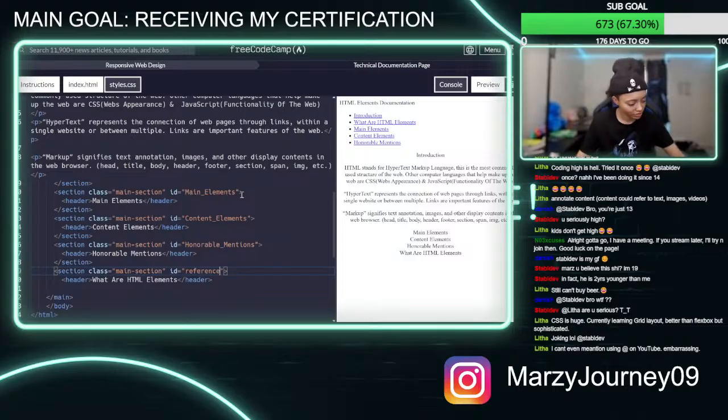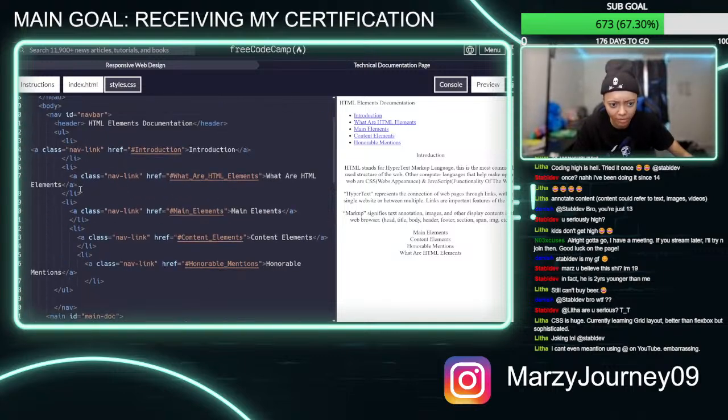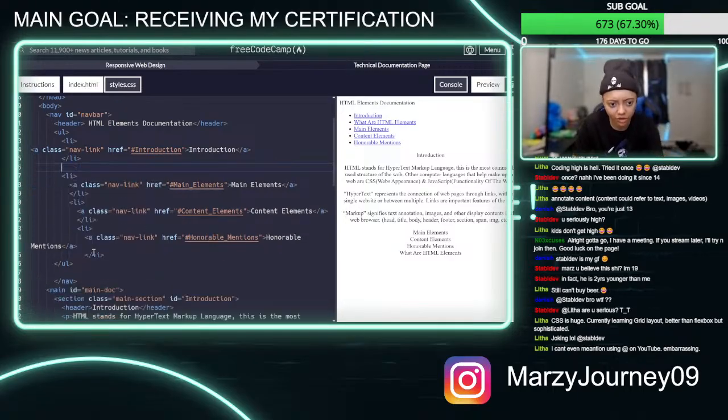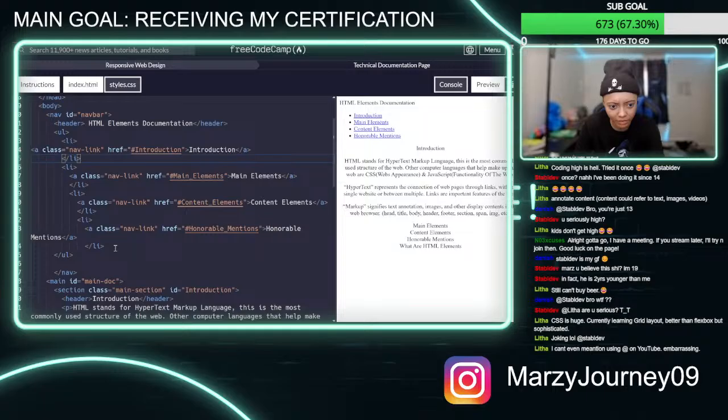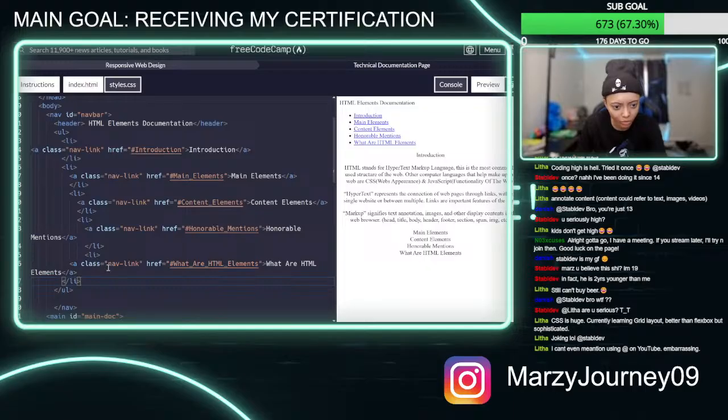Okay, let me see. Okay, so now we got this reference. Now I gotta switch that at the top. So what is this? We basically copy and paste this, close that, bam, and then we paste that here. Oh, what happened? Oh, okay, never mind. And then now we switch this here to be reference, so hashtag reference, and then we need to switch this to,